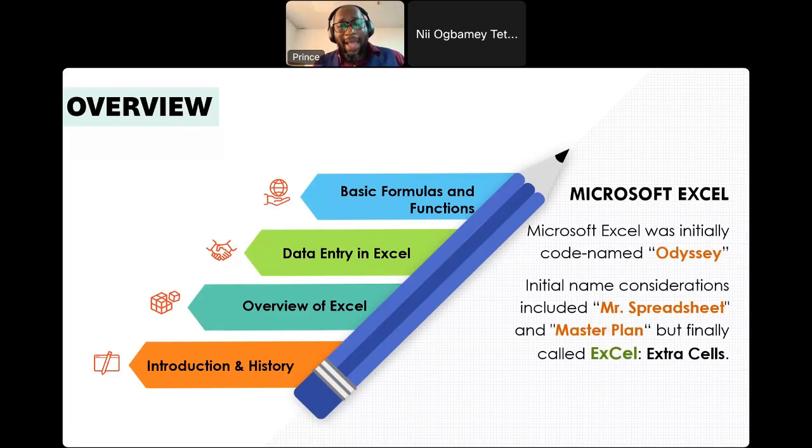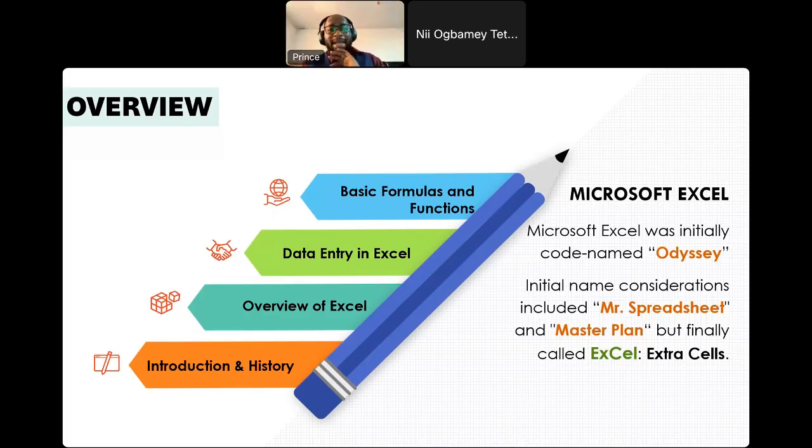When we talk about Excel, the initial name for Excel when Microsoft was developing it was Odyssey. And before the name Excel was arrived at, there were considerations. Some wanted to say Mr. Spreadsheet, Master Plan, but finally they landed on Excel, which simply means extra cells.